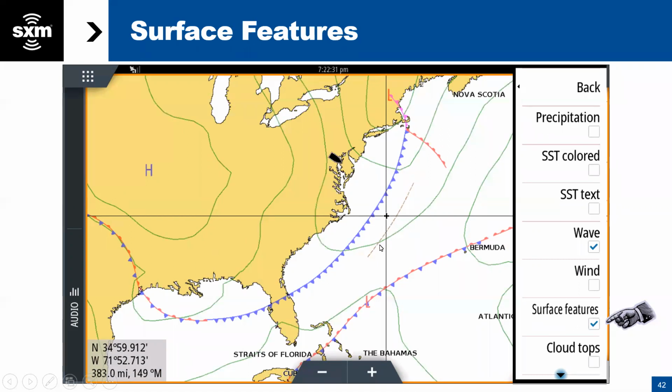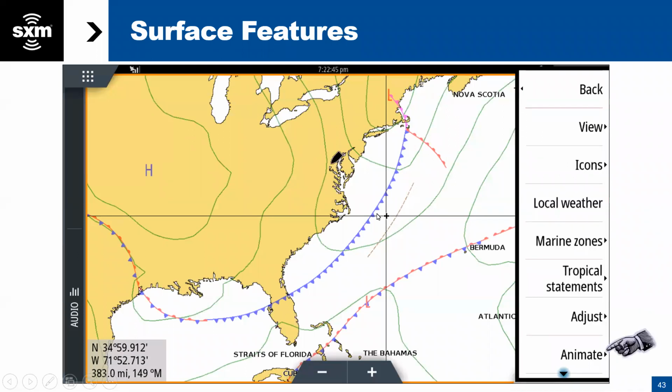This is a trough, which is a smaller front in front of the cold front. And then over here we have a stationary front when it's red and blue combined like that. And then up here we have a warm front. And those can be animated as well. So here we're looking at the current surface pressure conditions. And if I flip ahead to the animate feature,